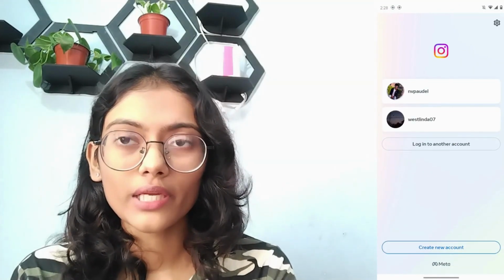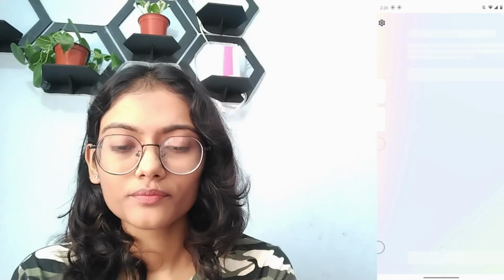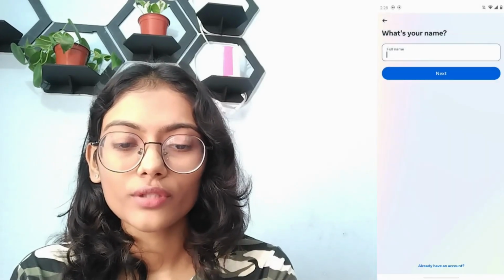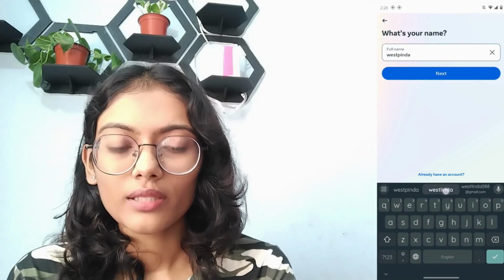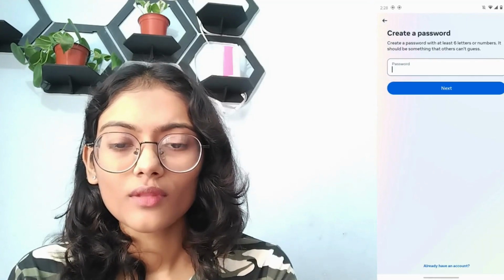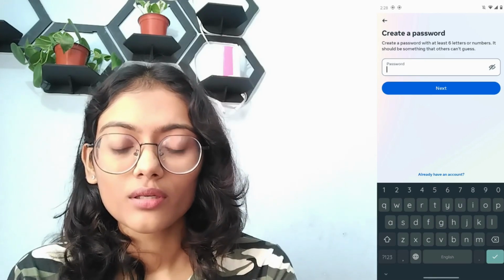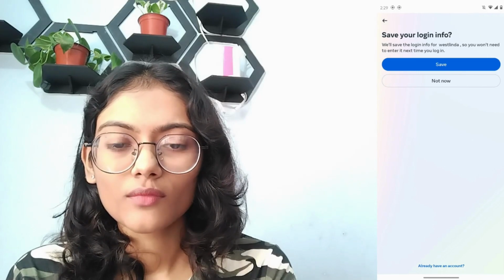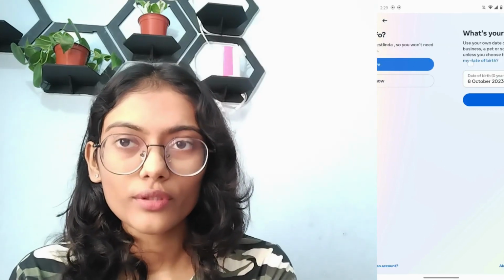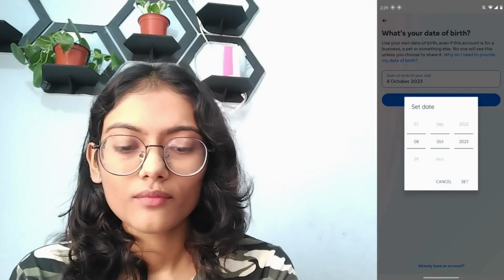and then you can go for create new account, which is on the bottom, and you have to enter your full name and then tap on next, and here you have to create a password. Create a strong password and then tap on next. And if you want to save your login info, then you can simply tap on save, and then you have